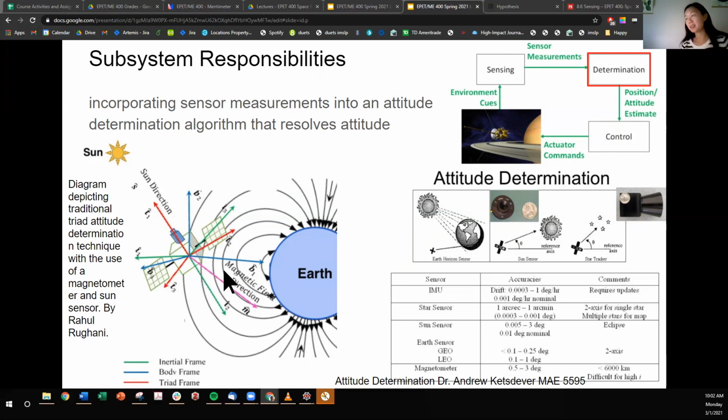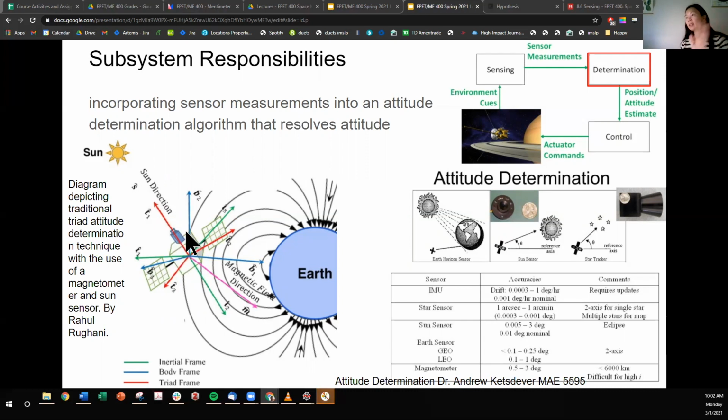There are a lot of vectors here, but let's just look at the pink vector and the red vector. So the magnetic field is going to give you some bearing on how you're faced relative to where you are in the magnetic field. And then the sun direction, based off of your sun sensor, is going to give you